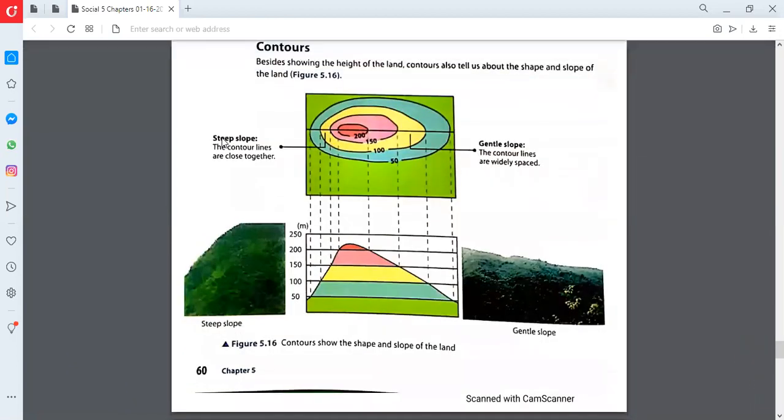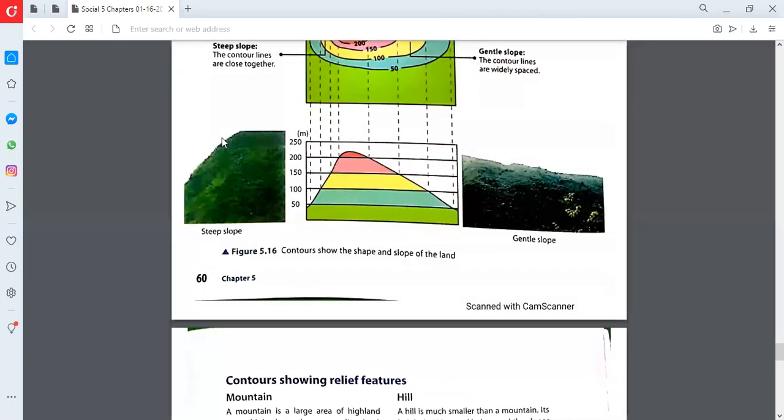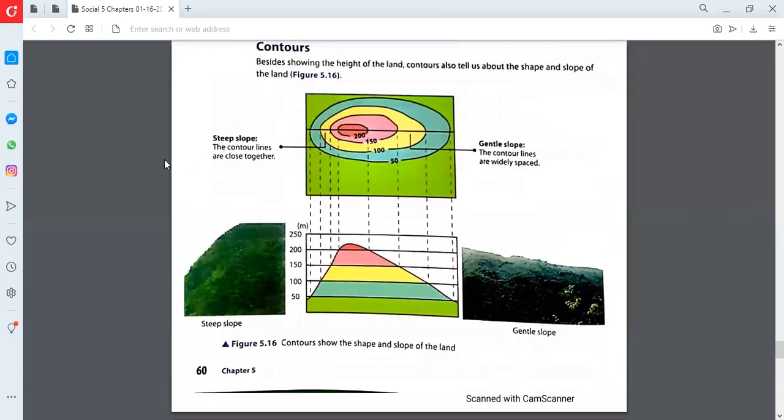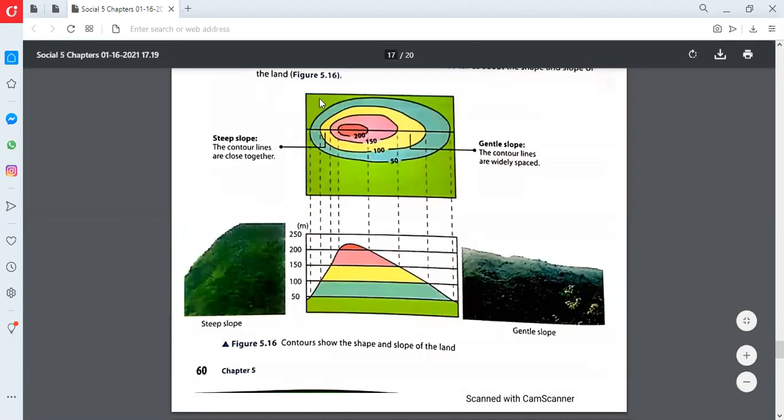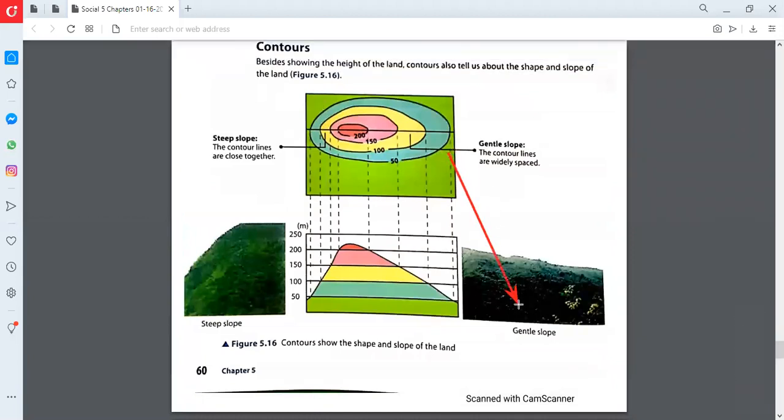So now we are moving towards the next page, but they also show you the picture. If you see this picture, they are showing it's a gentle slope. You can easily walk on it, run on it. But on the other side, this slope is sharp. It's not easy to walk on it. So that's why they make the picture of this hill and they put the contour lines according to that hill.